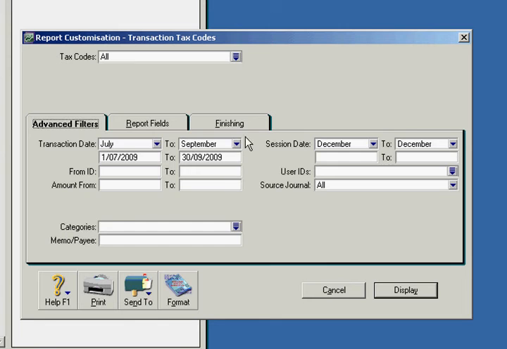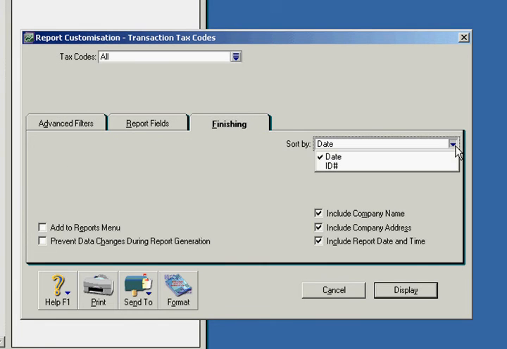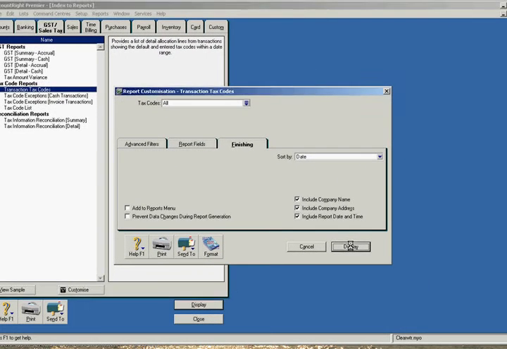In this case, I'm going to look at the September quarter. If I select finishing, you'll note that we have the choice here between reporting by date or ID. In the latest two versions of MYOB, this will report in this manner and give you these options. The reason for this is that it will actually sort your transactions by general ledger code. If you're running an earlier version, say 2 or 3 versions before, you will have the option of sorting the report by account number. I would recommend that you use this account number as a basis of formatting your report. So we bring this report to the screen,